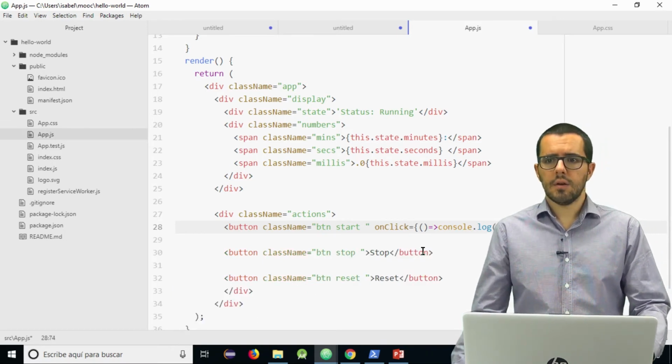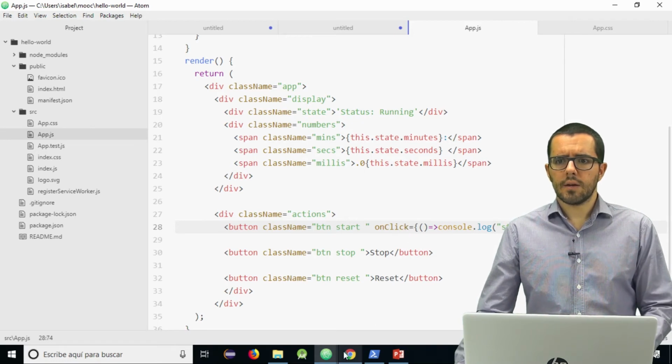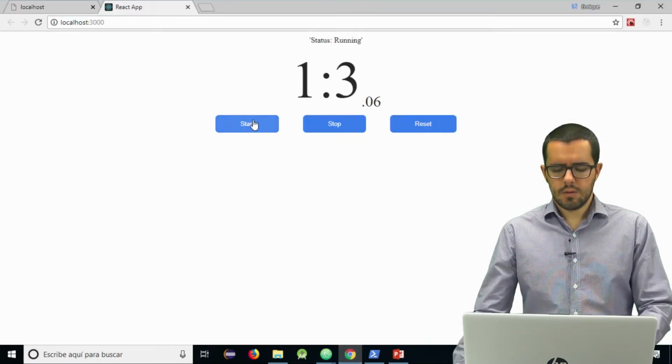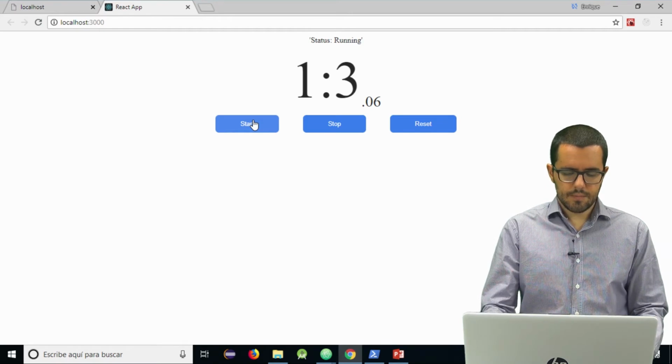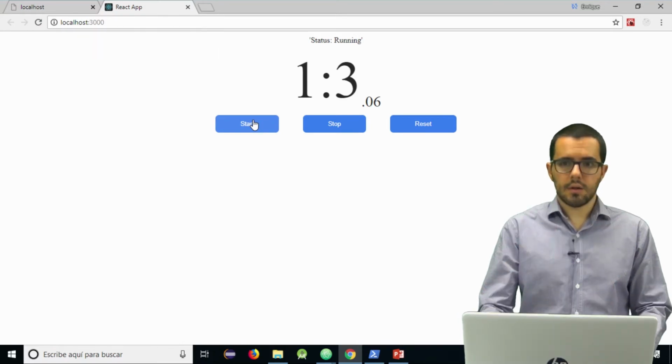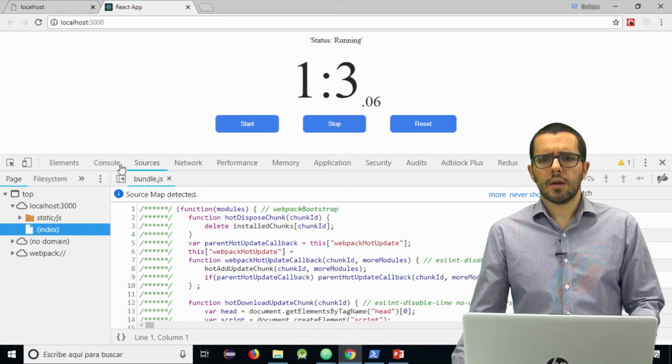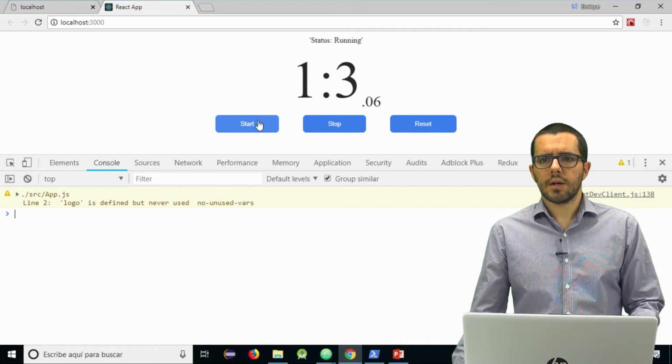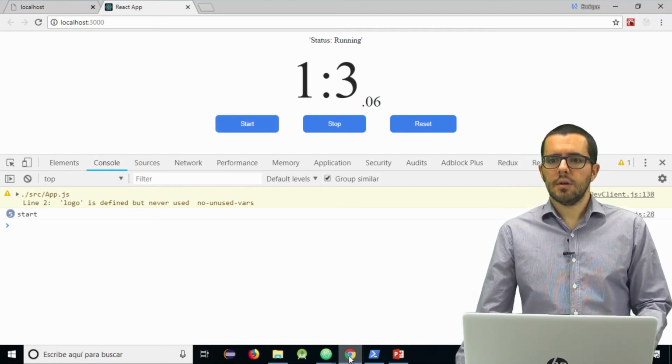If I save, when I click on start, well, I open the console and I go to the console. If I click on start, now I have a JavaScript function.